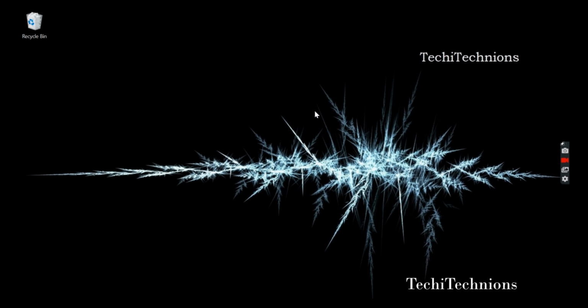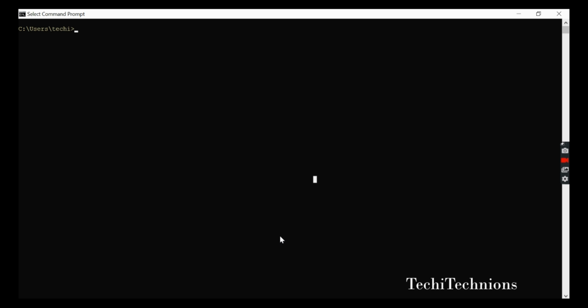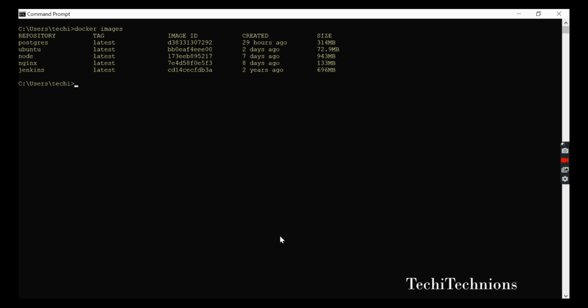Today we are going to learn about the Docker container ls command and also the run command. So open the command prompt. First I'm going to check the images in my Docker. We can see a list of images, but these are just the images and these are not running containers. So in order to check the containers,